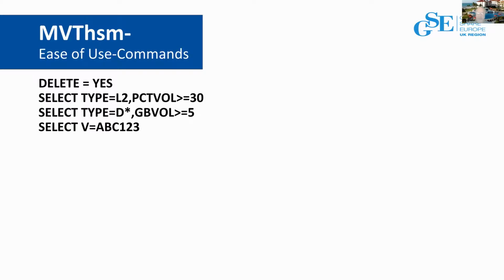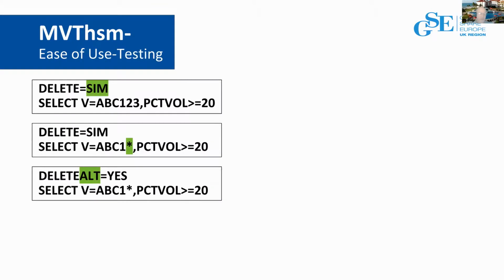We don't just tell you to run this and hope everything goes well and hope you get a good return. We can actually show you what you're going to get from your return with these select statements and with a delete of no. So you're not actually deleting anything. You're actually going to use delete equals sim. So you're just going to simulate it occurring, and then we can get some reports out of it. And here's an example of that.